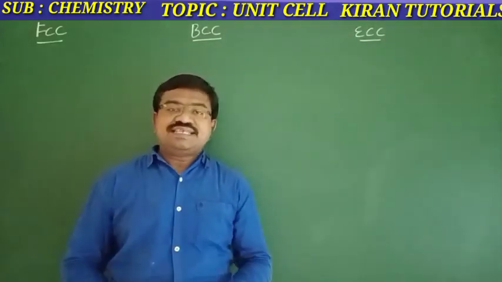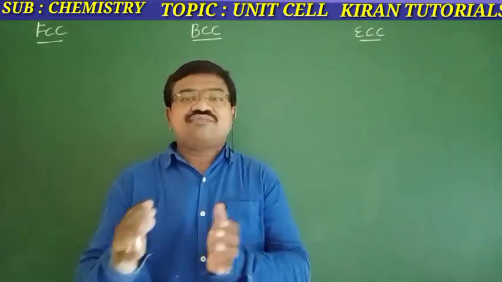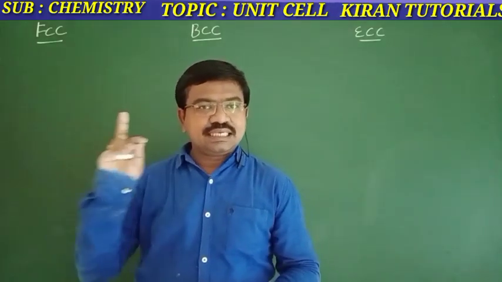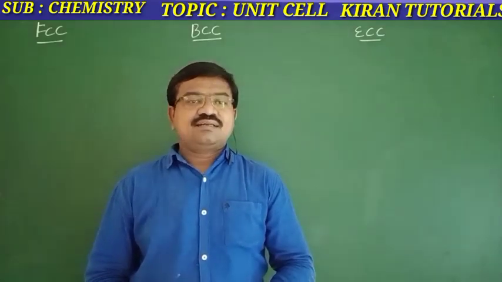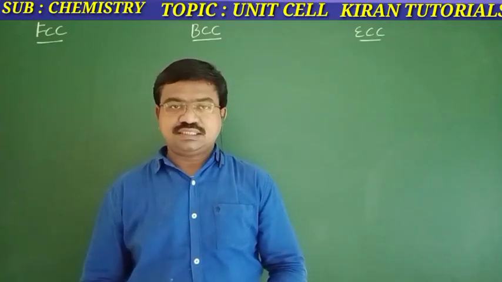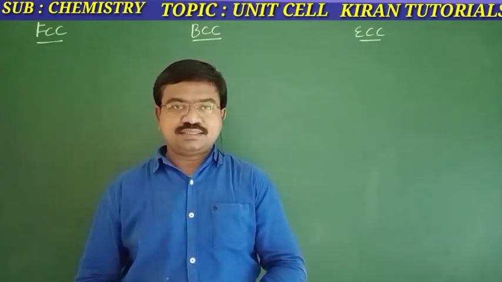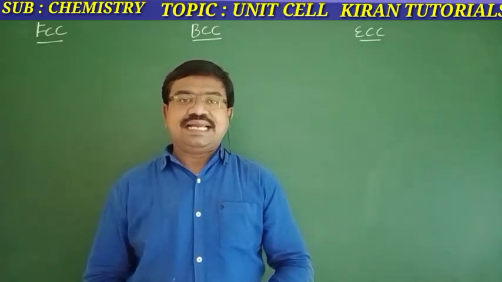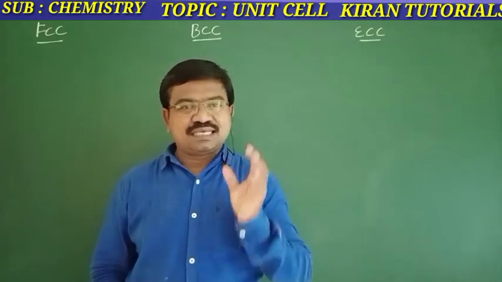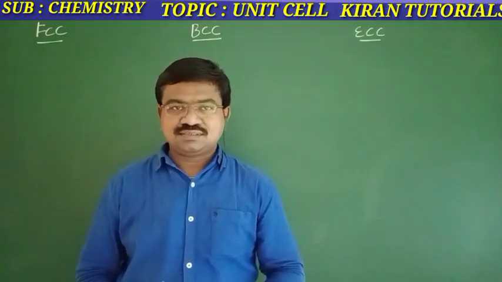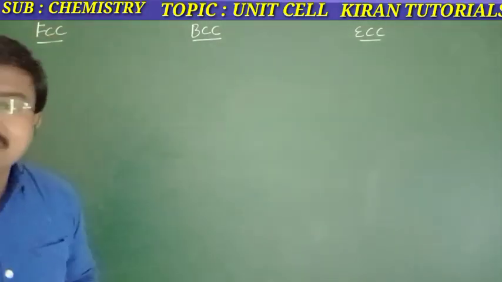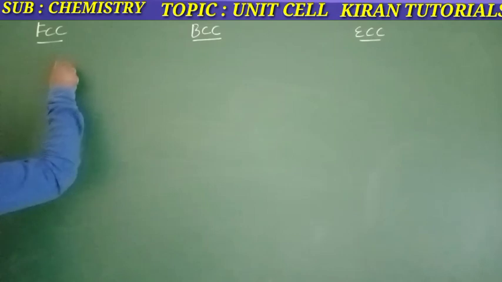Clear? Centered unit cell is classified into 3 types: face centered, body centered, end centered. Then, how many atoms are present in FCC? Face centered, BCC, body centered, EC, end centered. These are very important questions for competitive exams and also board exams. Clear? Listen. See, FCC. If you draw the structure of FCC,